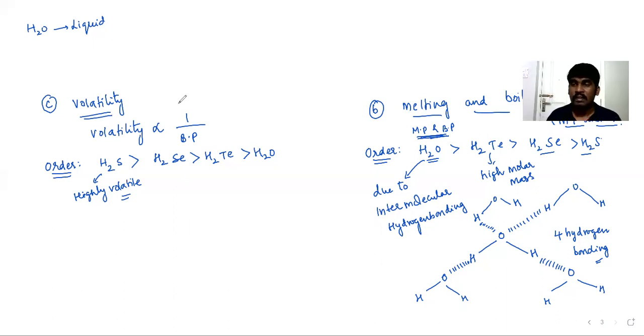Now, if you observe that, they will ask a question that H2O is a liquid, H2S is a gas. This is a very important NCERT question. H2O is a liquid and H2S is a gas. Why? Because of intermolecular attractions. Intermolecular hydrogen bonding is present in the case of water, but it is absent in the case of H2S. That is the reason H2O is a liquid and H2S is a gas.